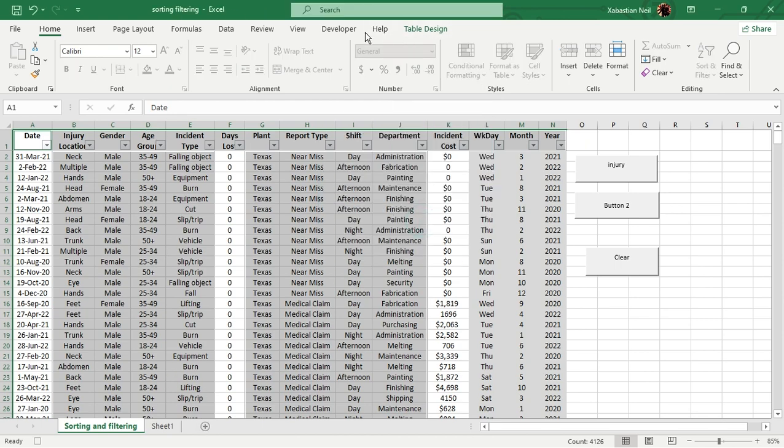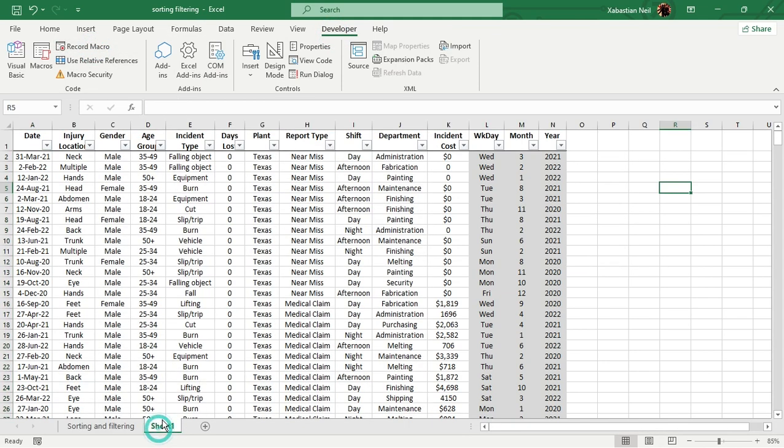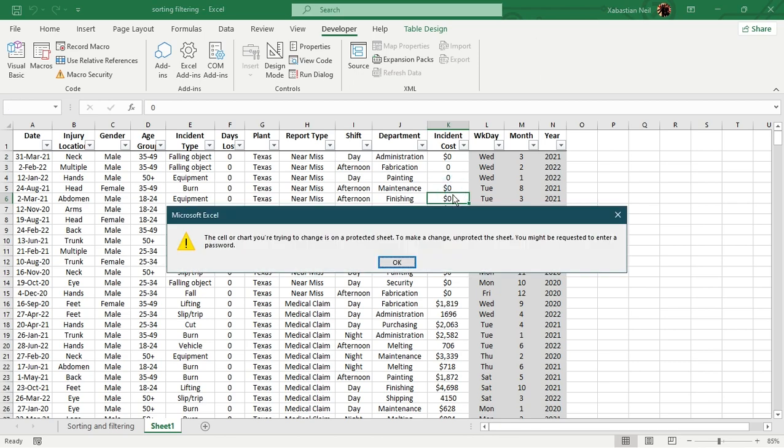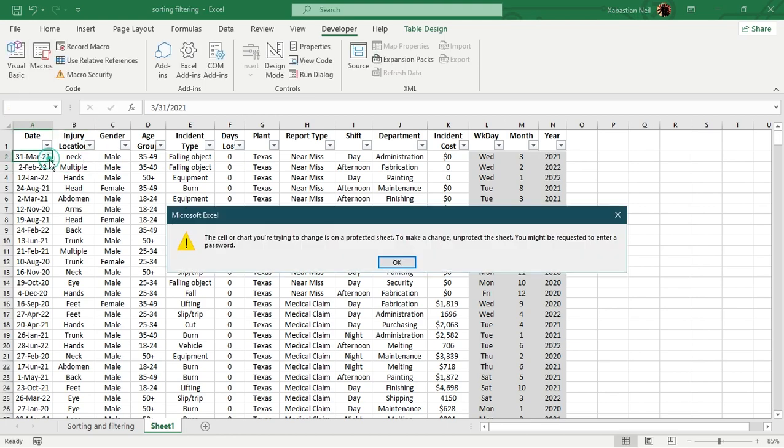Now I'm gonna go to developer again and then stop the macro. Now it's done, so what I'm gonna do is just jump to sheet 1 again and then press Ctrl plus H, and now you will see that the data is protected, only the selected ones, like this, you will be able to edit, because those are texts. Okay, and the other ones which are not text, you will not be able to change,